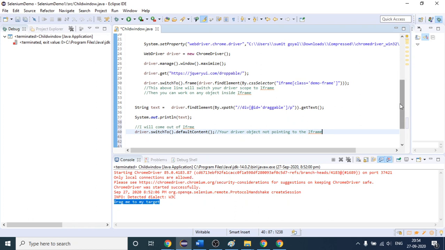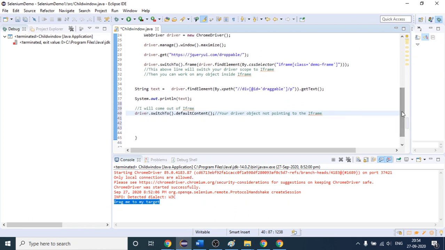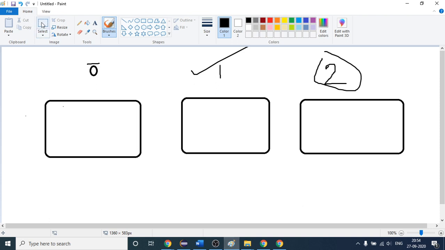So one more thing we will do here. Let me explain one more thing. If I open this, suppose, okay, so here assume this is one iframe. Let me copy this. This is one iframe. Here on the website you are only having one, but here suppose there are three